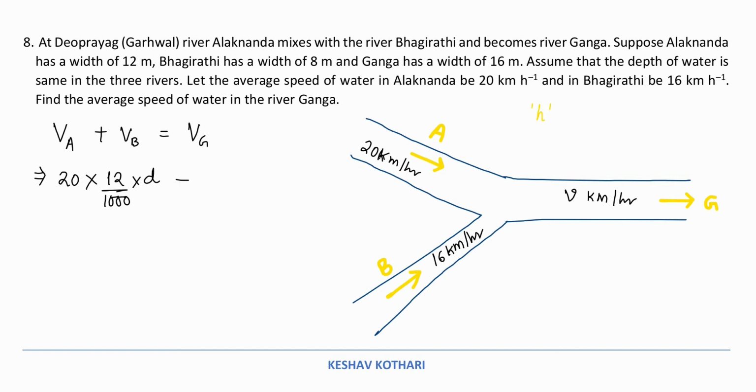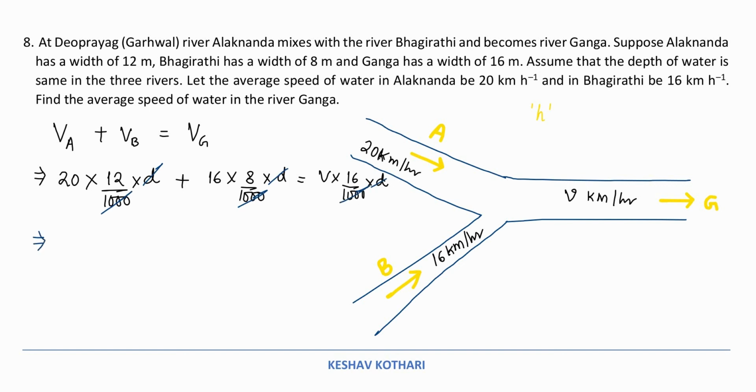By Bhagirathi, I can say that 16 kilometer of stretch per hour into the width. So the width of this particular river Bhagirathi is 8 meters. So I can convert it into kilometer as well, into the depth d, which is equal to the volume which is poured in Ganga, which is v kilometer per hour, into the width which is 16. So 16 by 1000 into the depth d. So over here I can take d by 1000 common to all the equations,